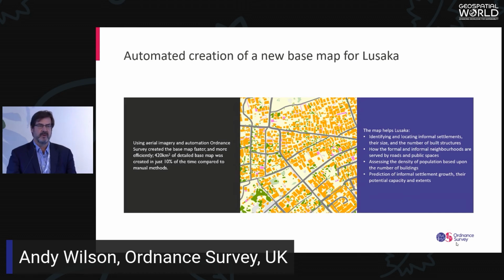And then we put our automatic machine learning and artificial intelligence machines to work. And what we found is that the machines, in terms of translating the image into real geography and vectors, did it in about 10% of the time it would normally take a manual digitization process. So a map of 420 kilometres square at that sort of scale, typically I would suggest that could take a number of months, with surveyors on the ground, with aircraft and everything else that was needed. This map was created in just a matter of weeks.